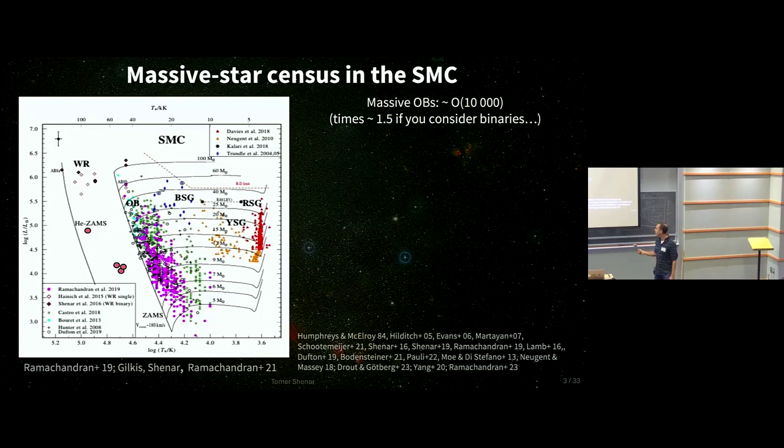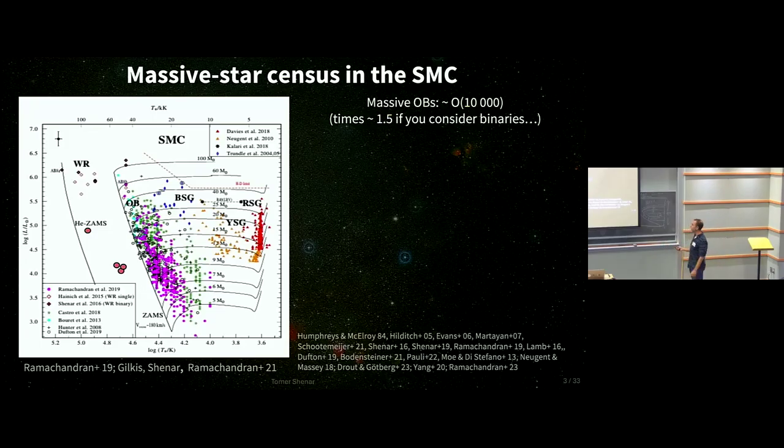What we don't see, this is not really related to my talk, but I do like to highlight this, and this applies to any galaxy we've studied so far. We don't see stars in this region, in the so-called Humphreys-Davidson limit. Stars about 30-ish, 35-ish solar masses, usually we don't see them expanding to large radii. So if you're talking about black hole progenitors in isolated binaries, don't necessarily assume that they inflate to red supergiant radii. At least empirically, this is not clear.